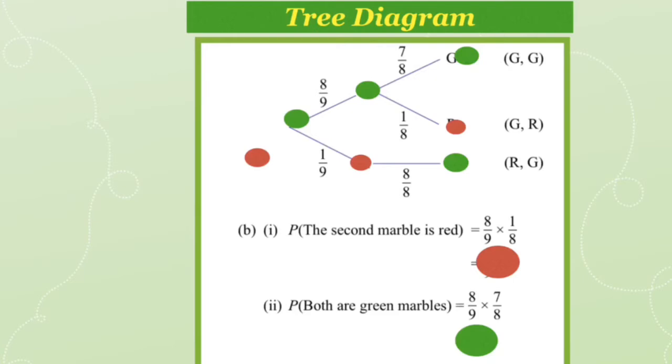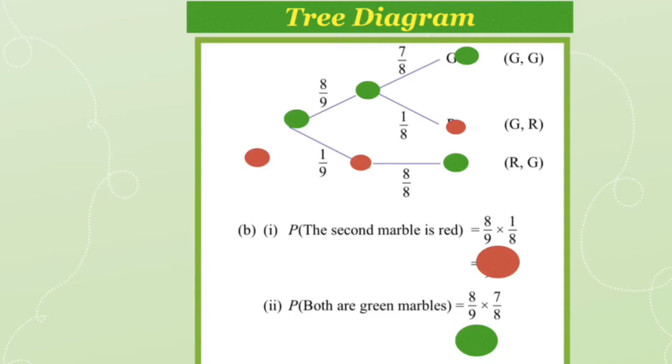Why does it become over 8? It's because when you take the green color without replacement, for the second time the sample space will be reduced by 1 and the green color will be reduced by 1 because of without replacement. So this is a dependent case whereby the sample space is affected